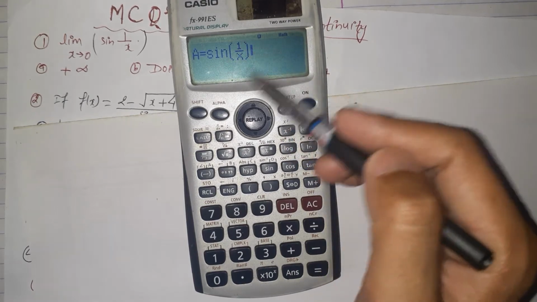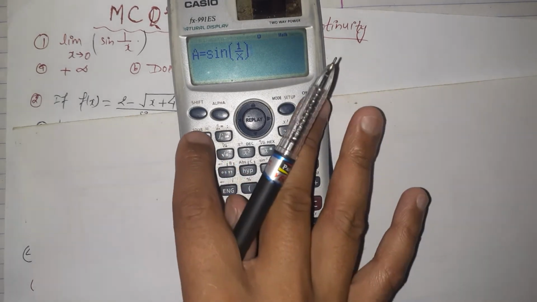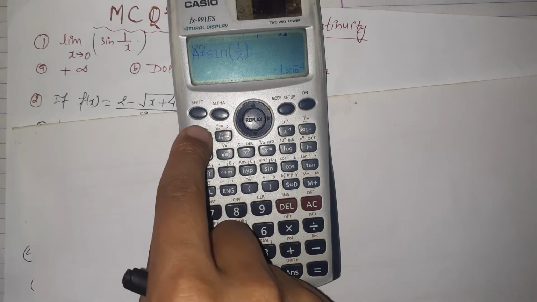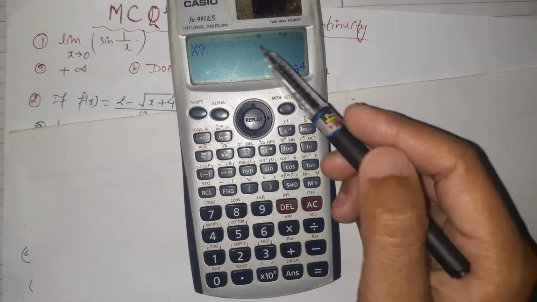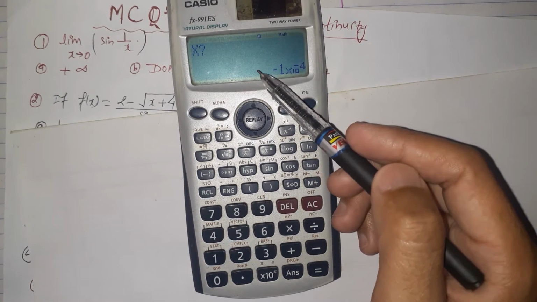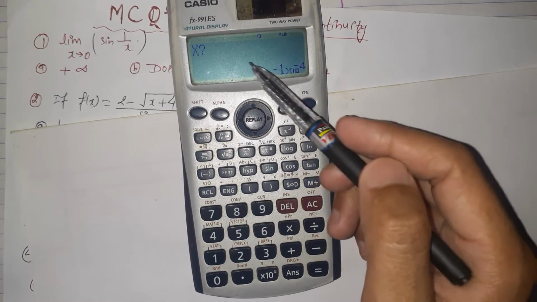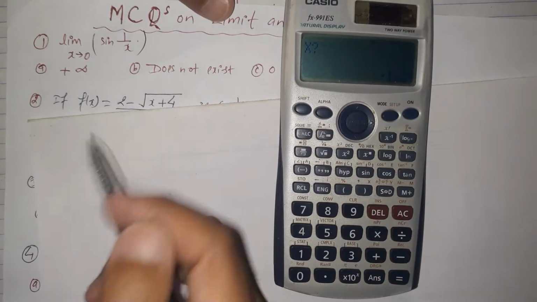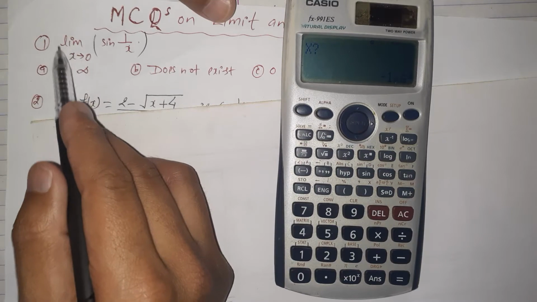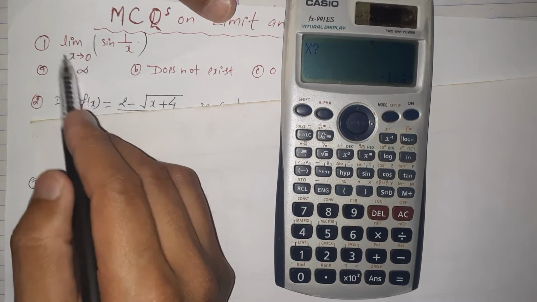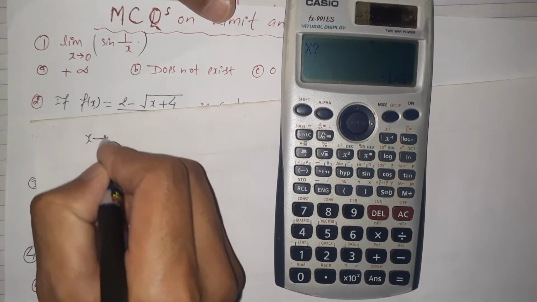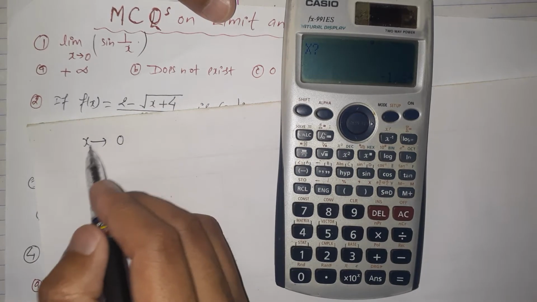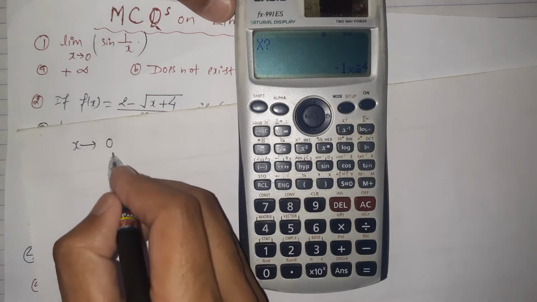Here we just type the function and then press the calc button. The calc button is the calculation button. Then press the calc button. Here the input x is required. It asks for entering the input x. Let's give the input according to the limit where it approaches. Here x approaches 0, so let's keep the values of x very close to 0.